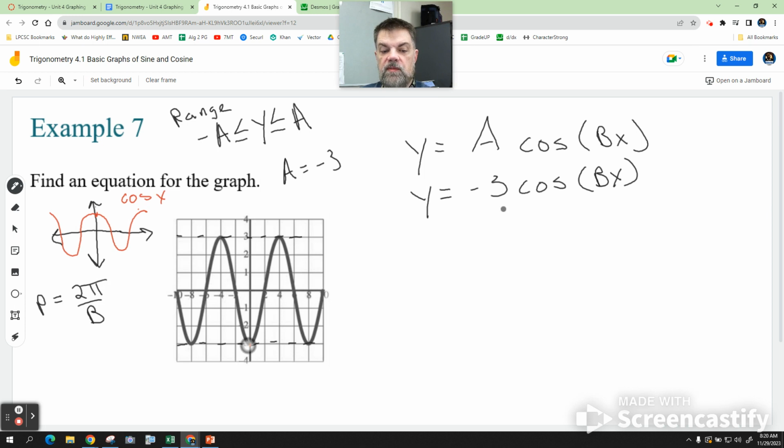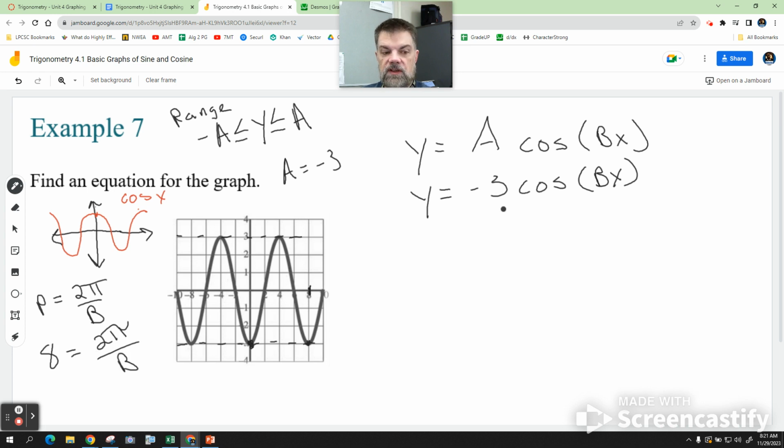What's the distance from here to here? In other words, what's the period? If I go from here to here, I go through one complete cycle, so I go up and come back down. It's just 8. So we would say that the period of the current function is 8, which is equal to 2 pi over